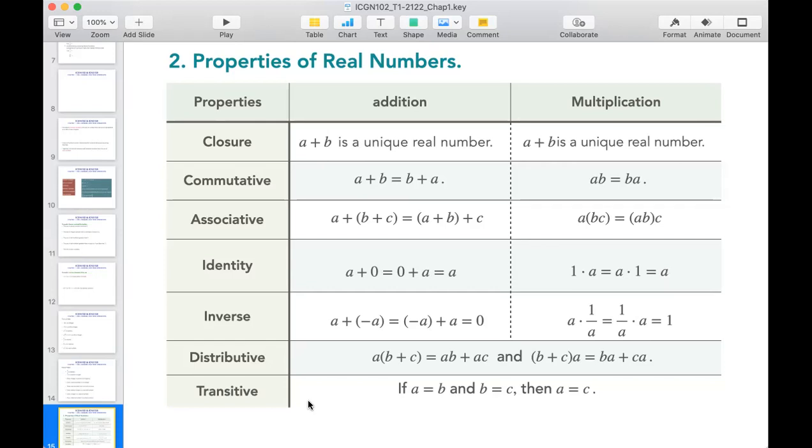The next one, inverse. For the inverse property, how about the addition first? Its inverse is that value with a negative sign. A plus its inverse equals its inverse plus A. And for addition, when you add that value with its inverse, you get 0 as the answer. For example,